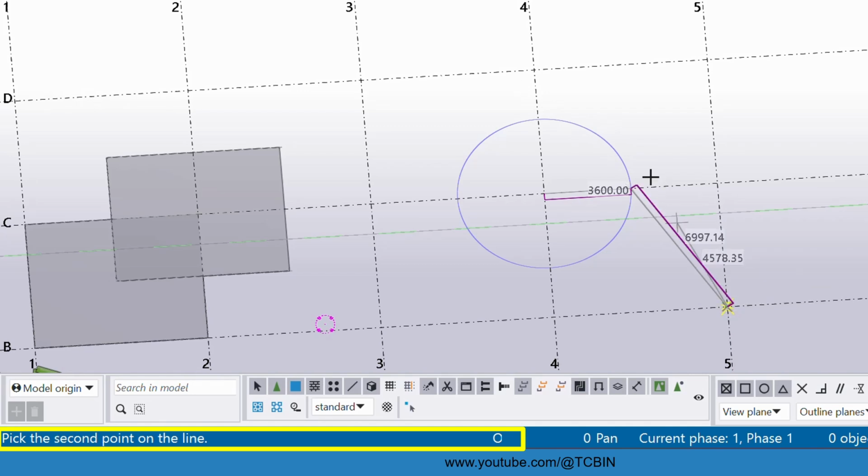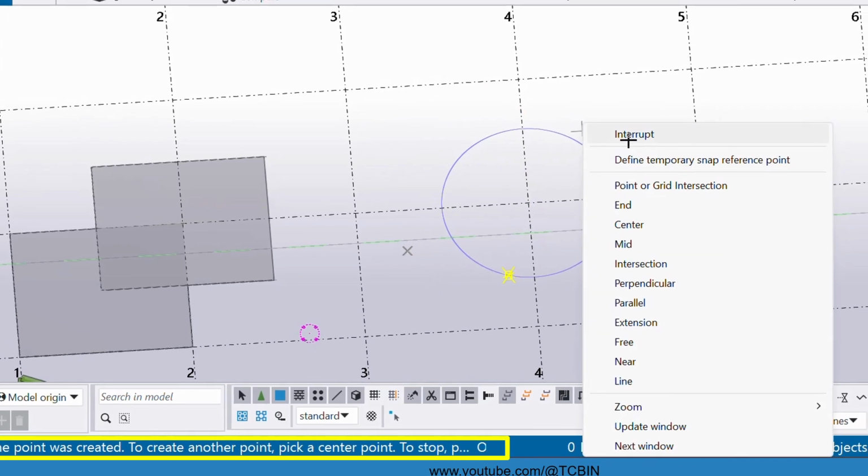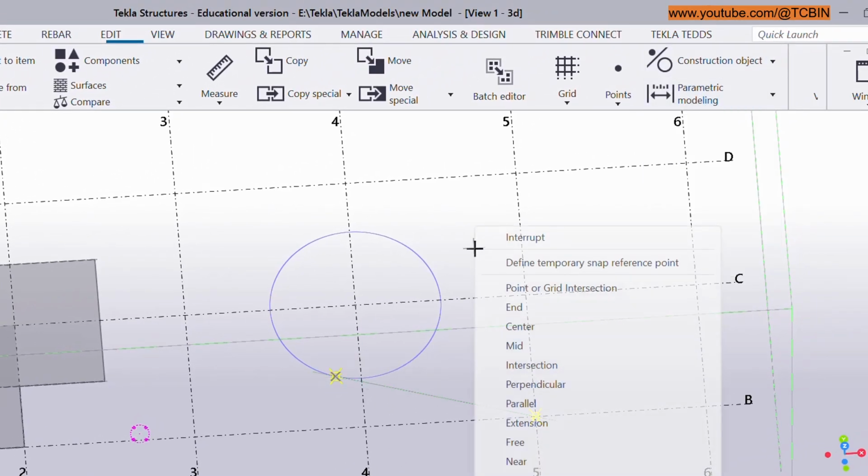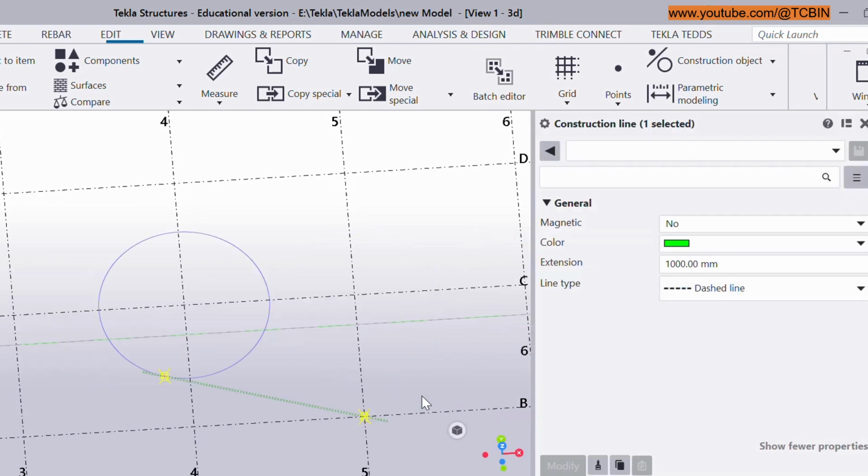So I'm giving this point, and after that finally we have to provide the point to set the side on which the tangent is created on the circle. So if I want tangent in this way, then I need to give that point here. If I want tangent in this side, then I have to pick the point there. So I want to get tangent here in this side of the circle. So let's give the point anywhere and create the line by meeting these 2 points, and just increase a little bit